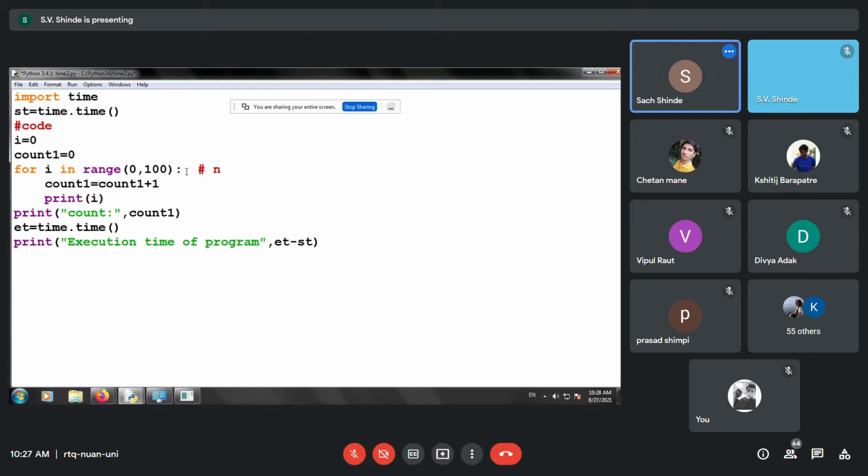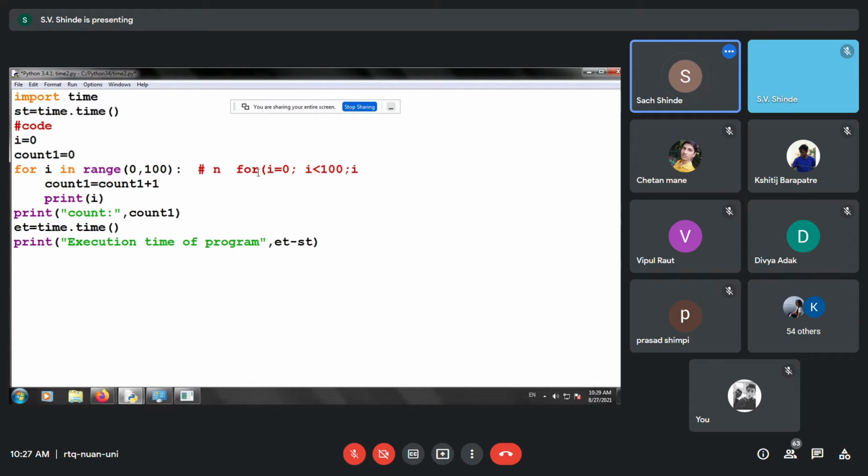Since the meaning of this 0 to 100 is simply, I'll write the meaning over here. It simply means for i equal to 0, i less than 100, semicolon, i plus plus.